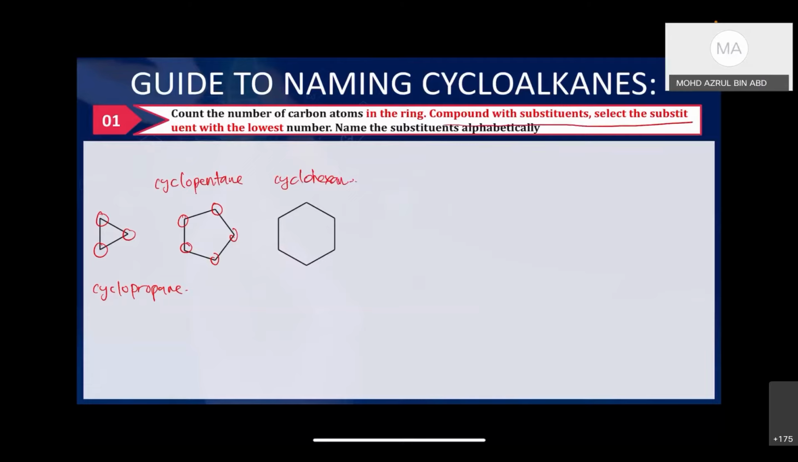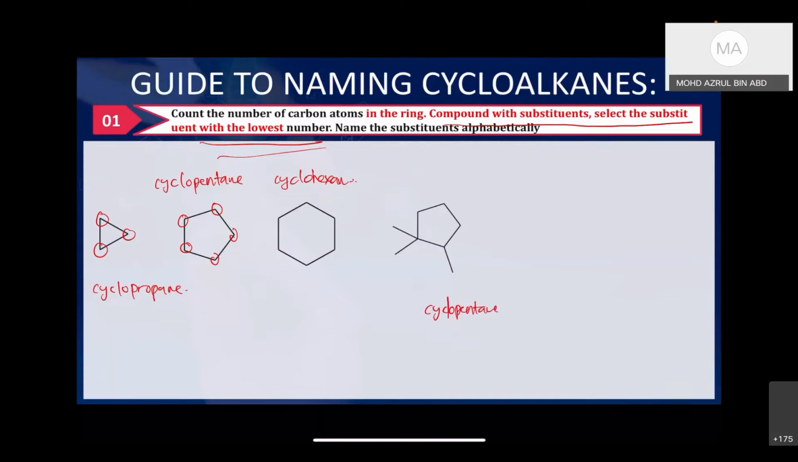And then the next is compound with substituent. If the compound has a substituent, select the substituent with the lowest number, and then name the substituent alphabetically. This one is similar to the alkanes. For example, like this one. Since you know the parent name of this compound is cyclopentane, because it's 5 carbon,